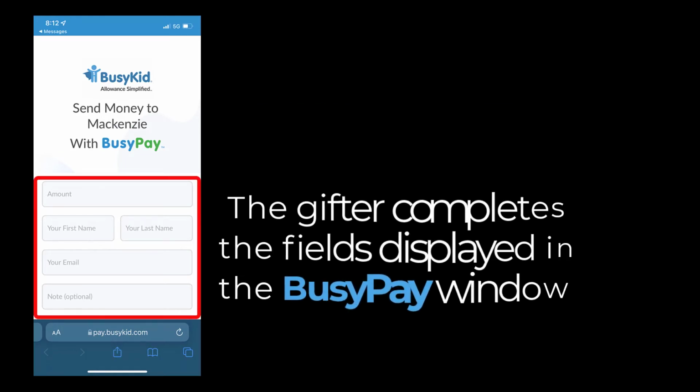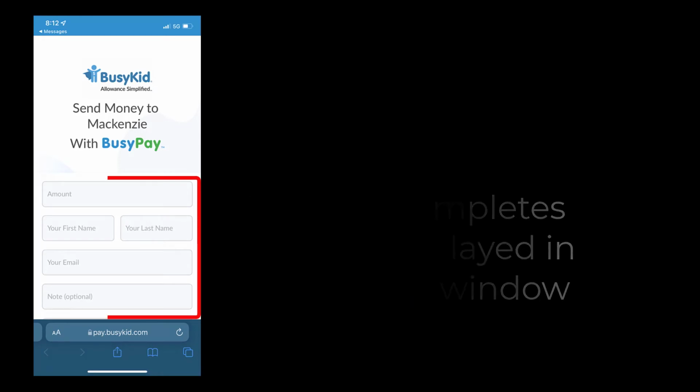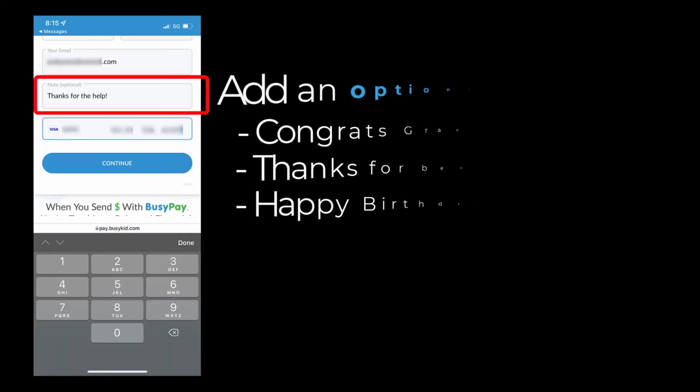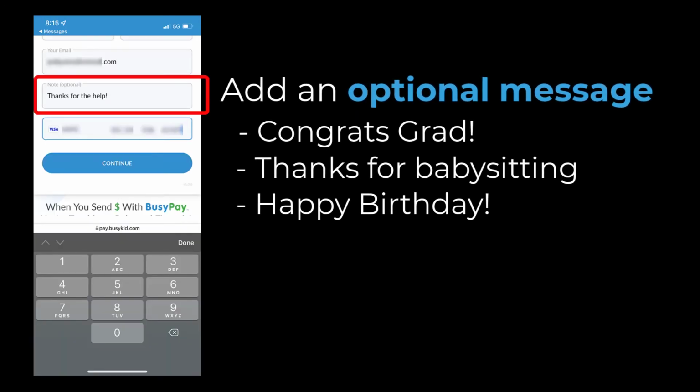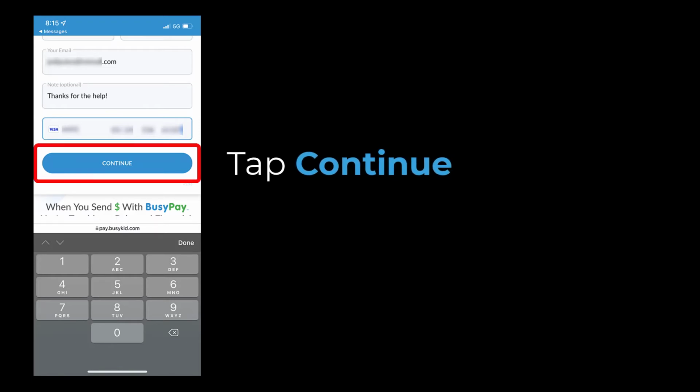The gifter just indicates the dollar amount, their name and email address, and the card number that the funds are coming from. They also have an option to add a message like "Congrats, Grad" or "Thanks for babysitting." They tap Continue,